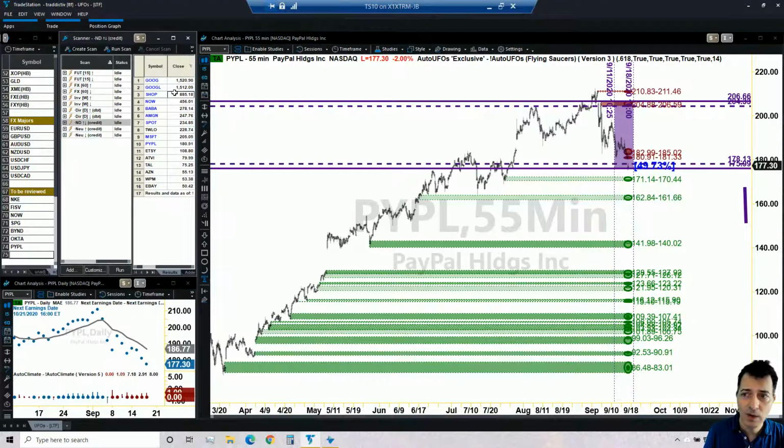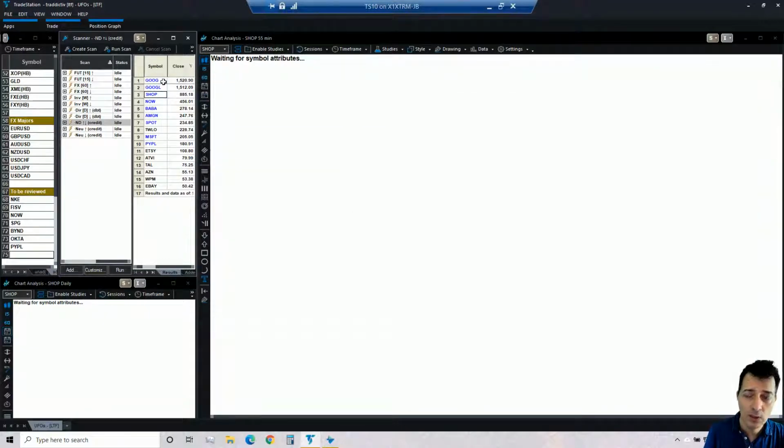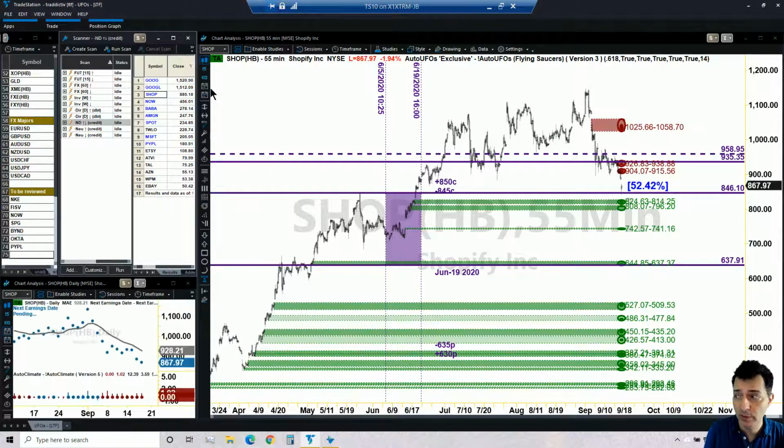Why am I skipping Google? Well, very simple. My assumption, nothing wrong with Google, by the way. Actually, it's a fantastic stock to trade. But at the same time, my assumption is that the majority of you guys here in the channel are in learning stages, and obviously, given the price of that stock, which is one of the most expensive stocks in the whole US market, that would force you to either not be able to trade it because it may be too large as a size for a learning trader, or you may need to execute with paper money, which, while it's fine, it's not exactly real, especially in the world of options where liquidity is limited.